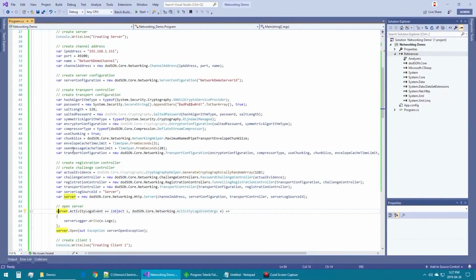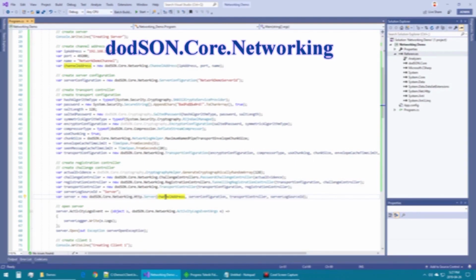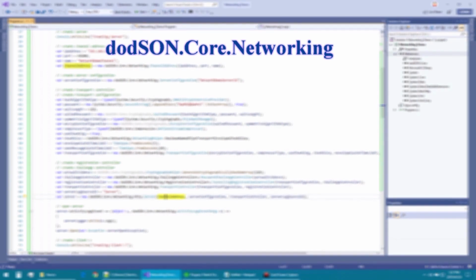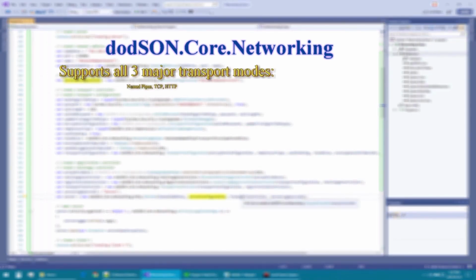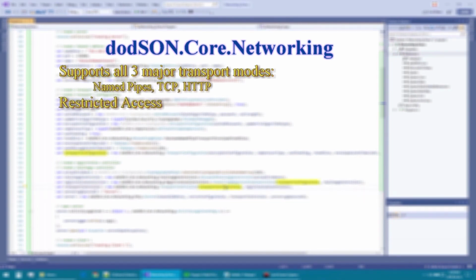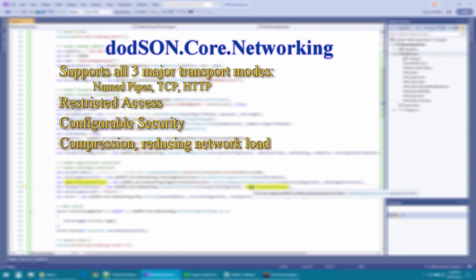This video demonstrates some of the basic functionality of the dodSON.Core.Networking namespace. The dodSON.Core.Networking namespace provides a feature-rich communication system that is easy to use. It encompasses all three major transport modes, restricts access by challenging clients, provides security with configurable compression and encryption formats,